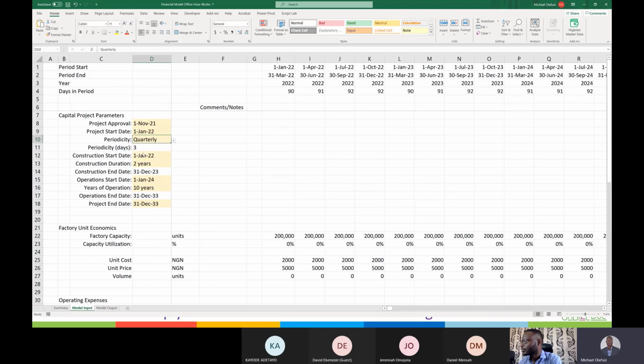You can say you want it to be quarterly, as we did last week, and you can say you want it to be annually. In case you are curious about how we achieve this, you can download the file. I've already shared it, and you will look at the formula that is making all of that possible. But that's not the main focus right now. It's just to quickly brush us up on what I want to continue.